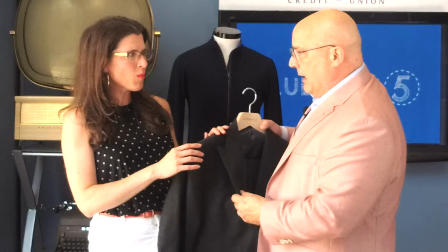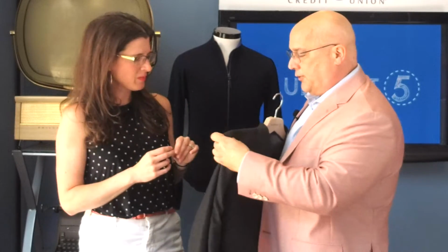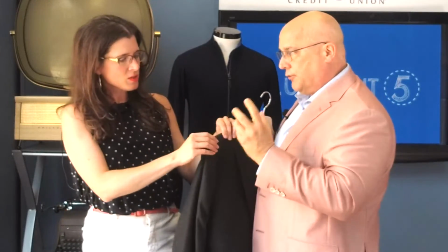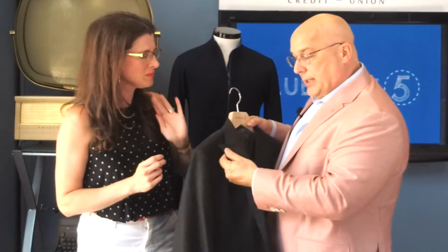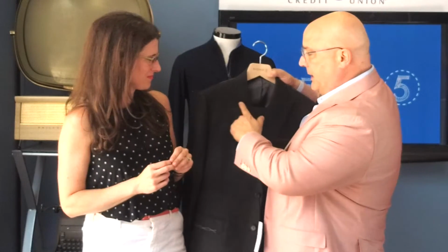Do you see a lot more deconstructed jackets? This isn't totally deconstructed. I do sell a lot of deconstructed jackets. But this is not completely deconstructed. There is some construction in here. You can feel a little construction. But it's light, and it still looks better on than these giant shoulder pads that you have seen for many, many years. And what we did with this lapel is we did this in a peak lapel,